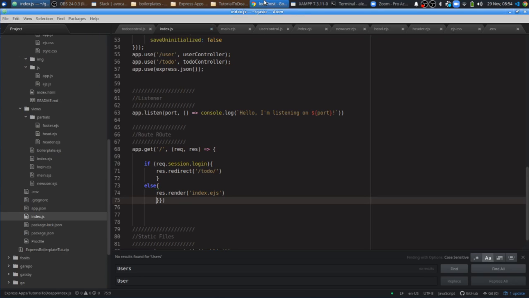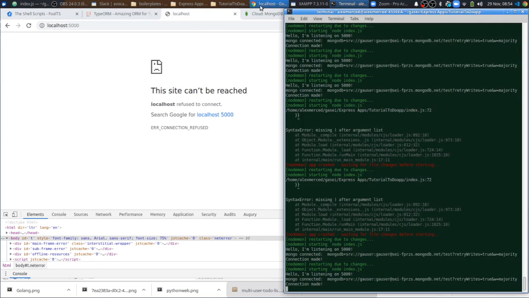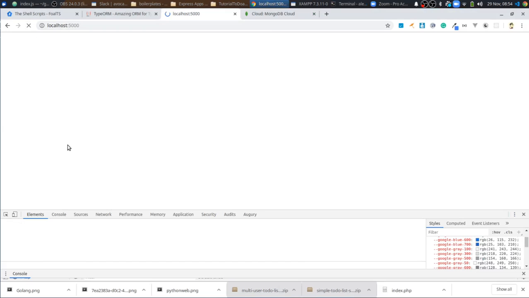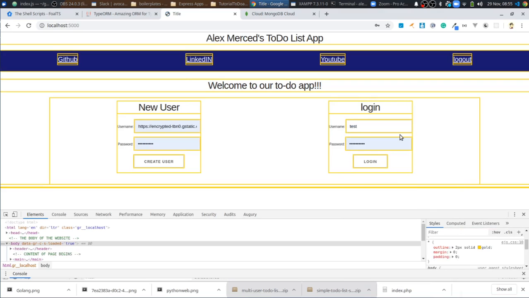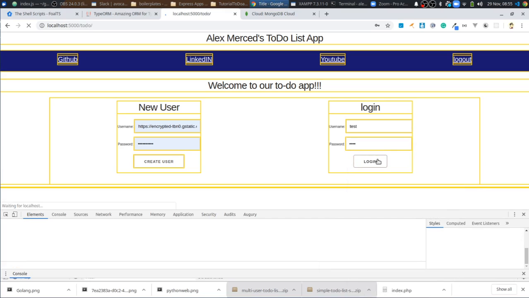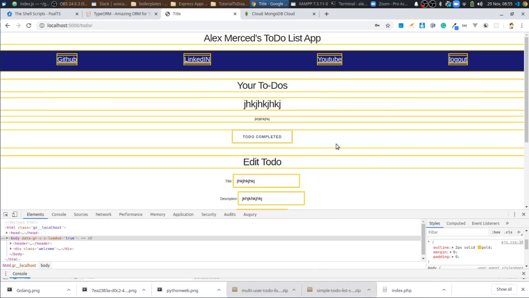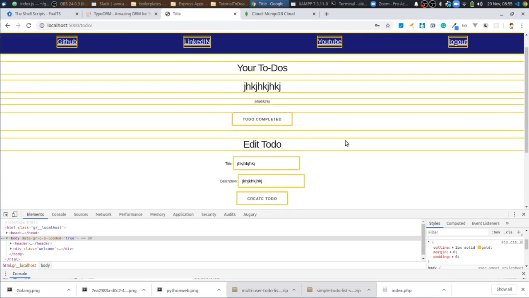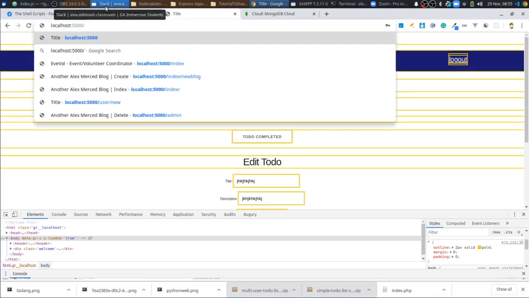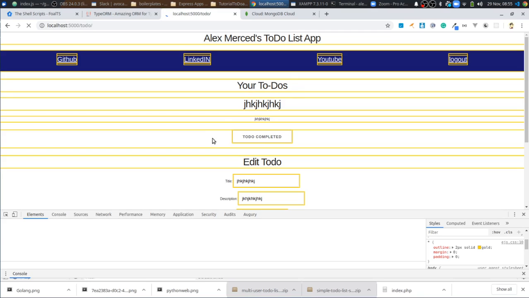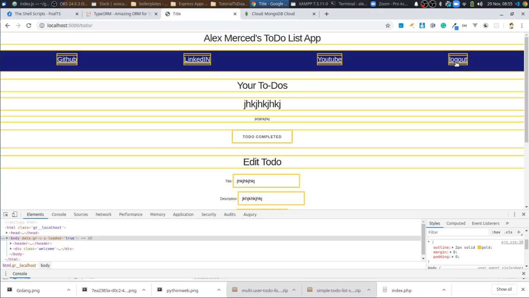Okay. Just make sure my server is running fine. Now my server is running fine. Now let me refresh. Cool. Now let's see here, test. Test, I log in. Good, I'm logged in. Now if I try to go back to the main page, so if I just do this while I'm logged in, let's see, will it let me? Nope, sends me right back here. Good. But if I click log out,